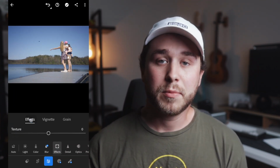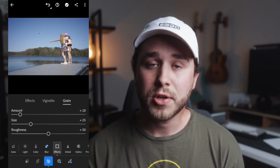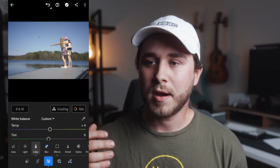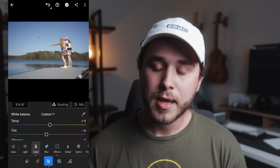Number one, adding that film grain. I wouldn't crank it up a bunch, but just adding a little bit of film grain is really nice to have that same kind of look. So I notched the film grain up a little bit. I usually like to add a little bit of warmth to the photos, just a little bit. And then on the green and pink dial, I usually mark it over to the green a little bit, because